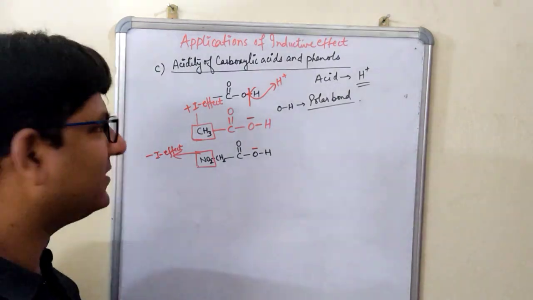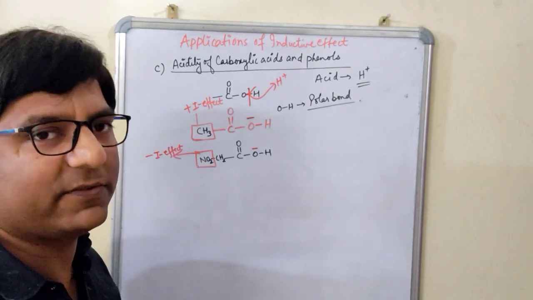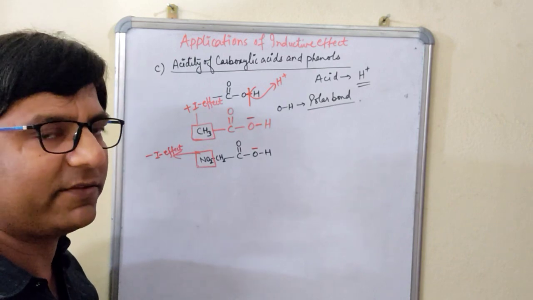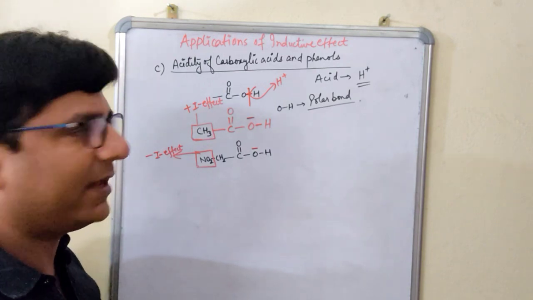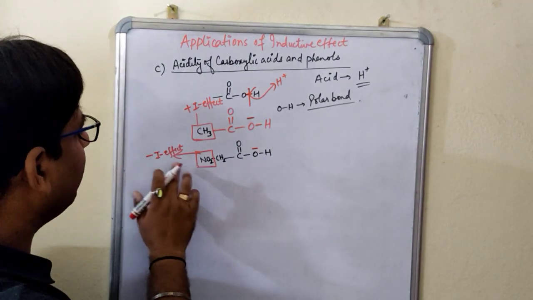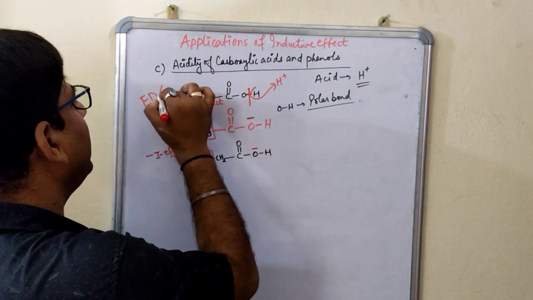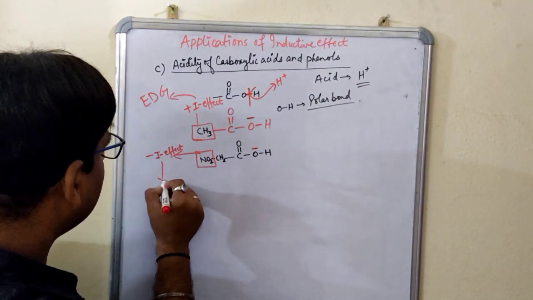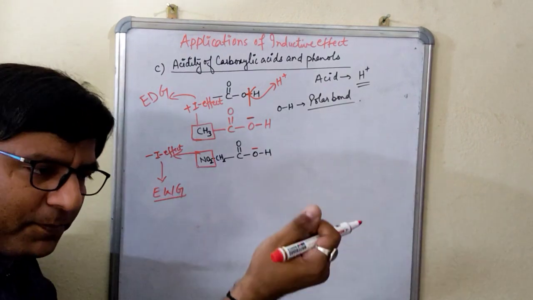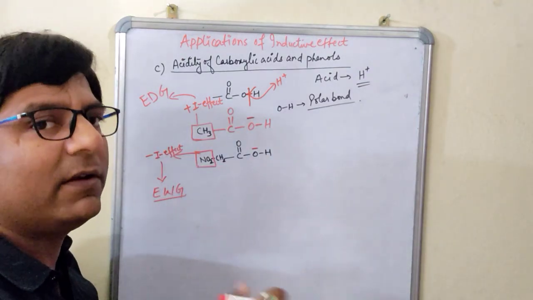Okay, so students, if you have any doubt in understanding plus I and minus I, you can refer to my previous video lecture. There I have talked about the plus I and the minus I groups, and the different types of inductive effects. You can check it out there. Right, now this NO2 will give you minus I. Plus I means electron donating group, and minus I means electron withdrawing group. It will withdraw the electrons, meaning pull the electrons, and the other will supply the electrons. It will donate, it will release the electrons.